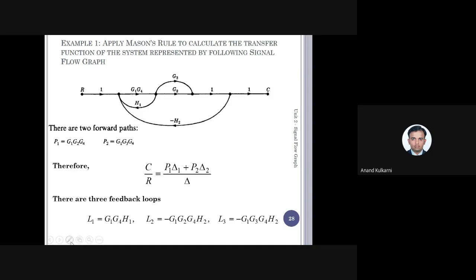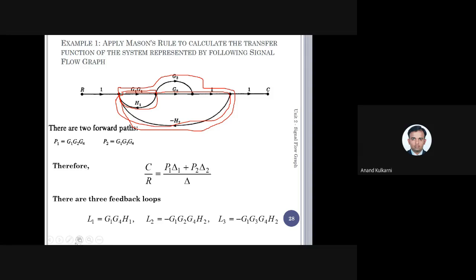So, one forward path was like this. One loop was like this. This is one more loop. One more loop was like this. This was one more loop. And the third loop was like this. This was the third loop. So, what we'll have to do is,